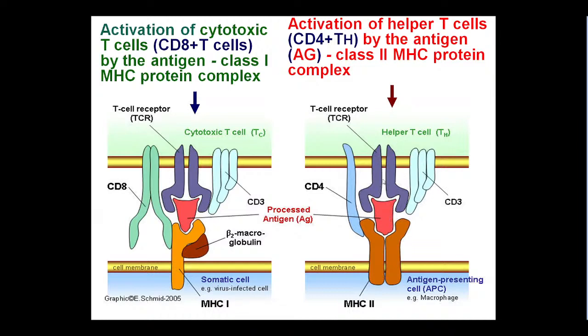The T cell receptor of the T helper cell consists of two subunits. These two subunits specifically react to the antigenic peptide that is presented by two subunits of the MHC2 molecule. After that, the CD4 receptor of the T helper cell interacts with one of the subunits of MHC2, confirming that this recognizing of antigen is correct. After that, the signal that recognition is correct is transferred to the CD3 molecule, and from CD3, by the signaling pathway, information comes to the nucleus, and T helper cells start to be